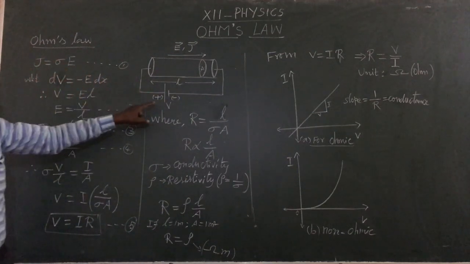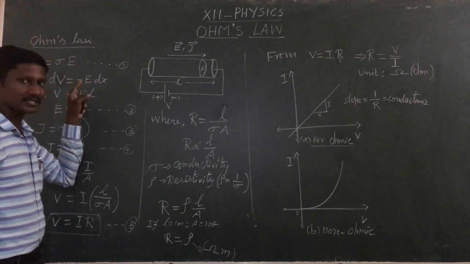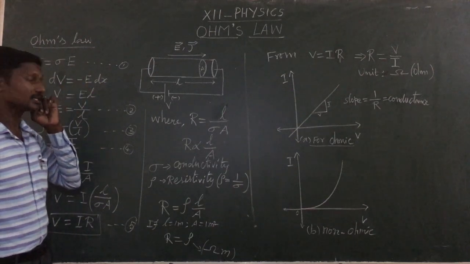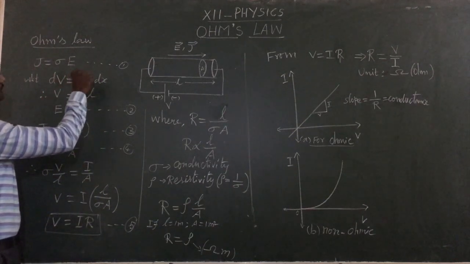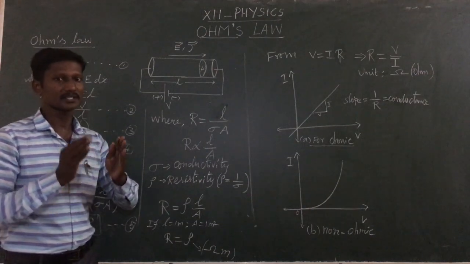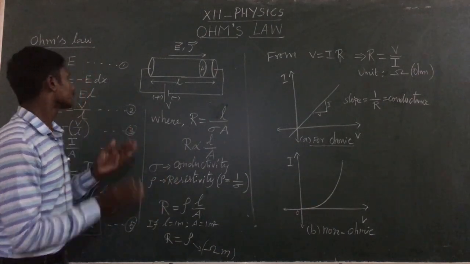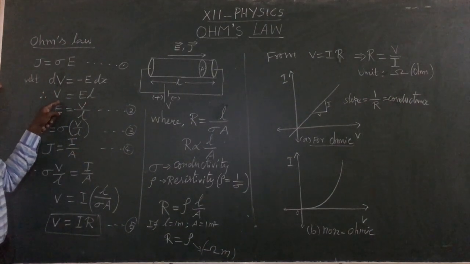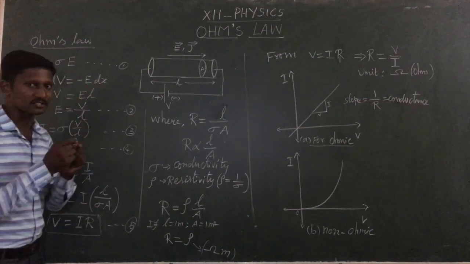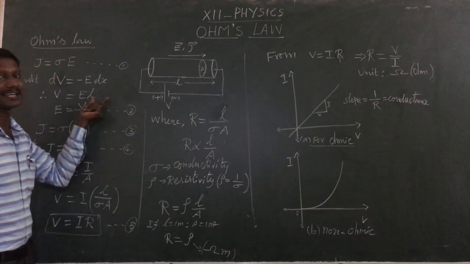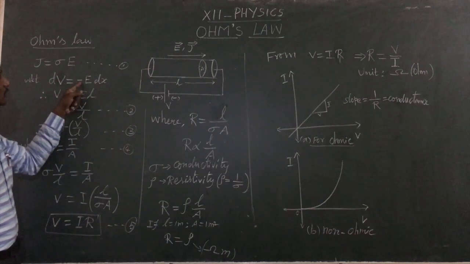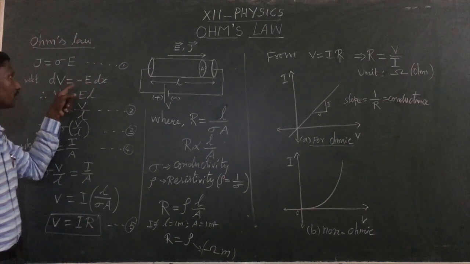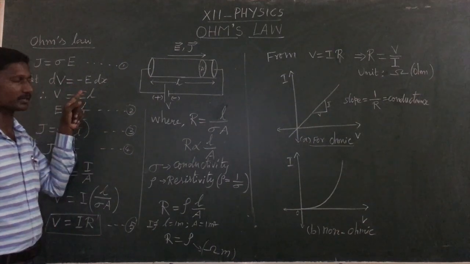In the first lesson, electrostatics, we have studied that dV is equal to minus E dx, isn't it? That is an infinitesimal term, a very small term. So we take the macroscopic form, where dV is converted into V, and dx, the small length, we take as L. The negative symbol denotes that as distance increases, the potential difference decreases. Therefore we mention the negative symbol here.